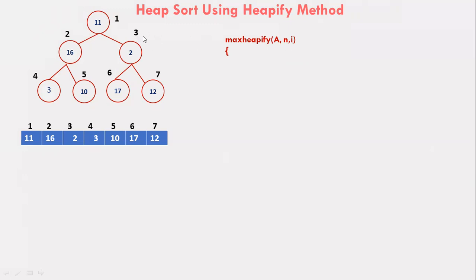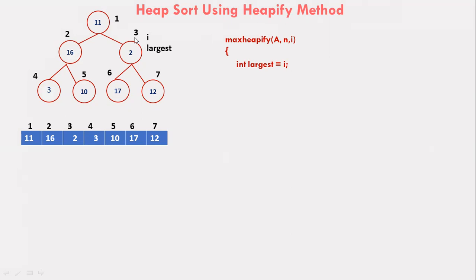So my I value is 3 here. Now we are going to assign this I value to largest. So I am taking one more variable largest, which is of integer type, and I am assigning it the value I. So I is equal to 3 and largest also will be equal to 3.